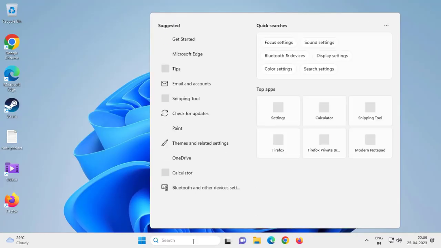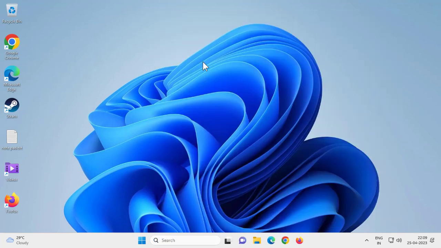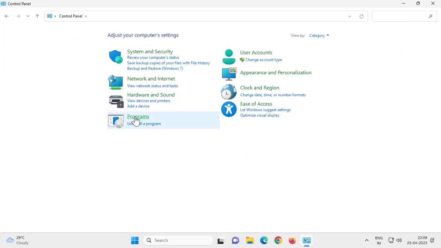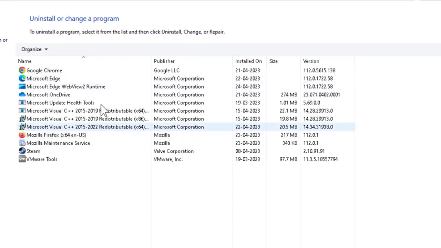After that, close out of this, go to the search menu and type control panel. Click on category and go to programs, uninstall a program. Uninstall programs you don't use for a long time, guys. For example, I'm using Chrome, I'm not using this Microsoft Firefox, so you can uninstall it. This is unwanted on your computer for a long time. Go and uninstall it. Just right click and uninstall it, or select it and